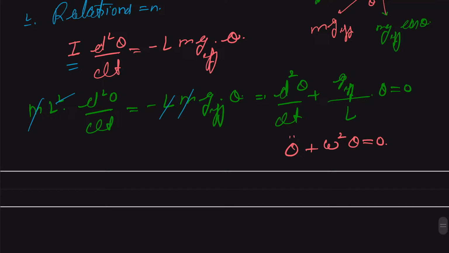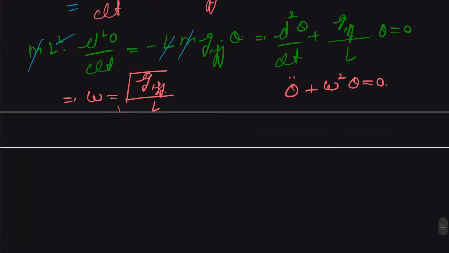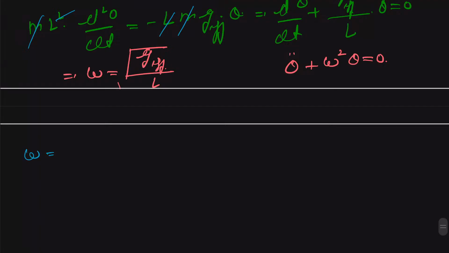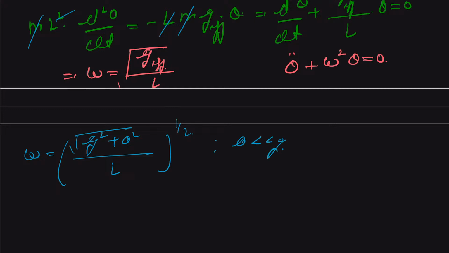So if we make a comparison, omega is equal to the square root of g effective divided by L, and putting in g effective, we get omega equal to the square root of (g square plus a square) to the power 1 by 2, divided by L. And if we assume that A is very much less than g, therefore omega will be approximately equal to root of g upon